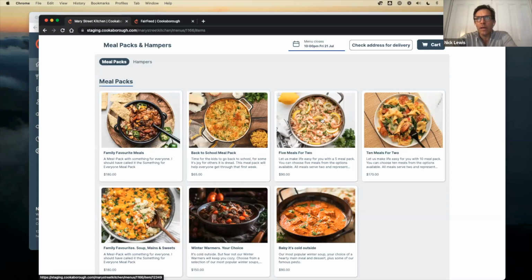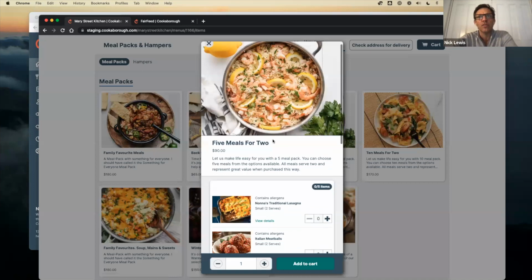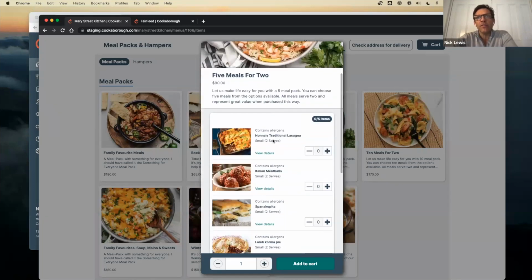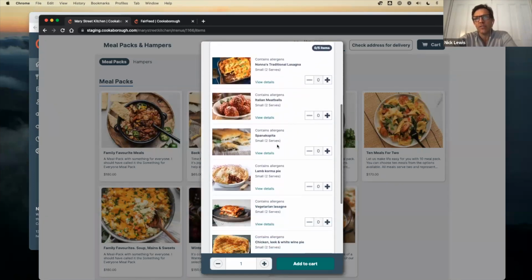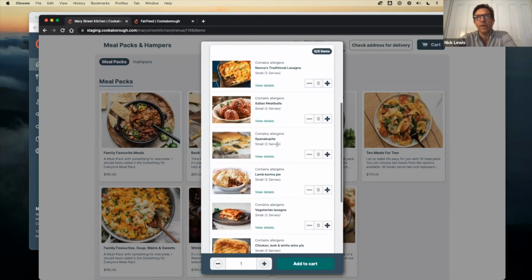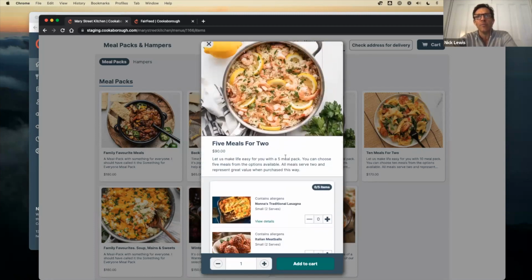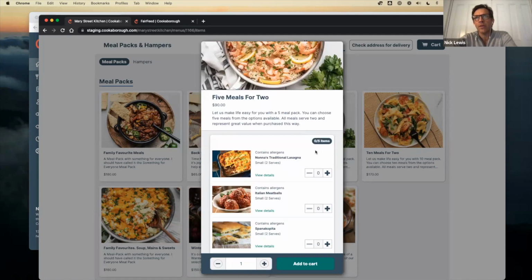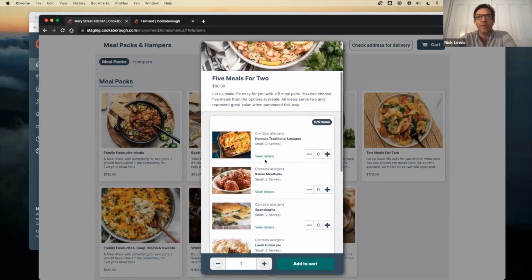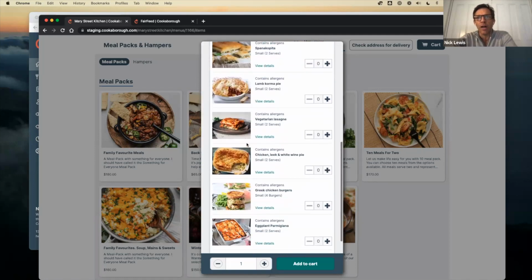Then what we've got is what we call a custom pack. So you'll see here 5 meals for 2. How this differs from a fixed pack is you're actually giving your customers the choice. So what you'll see here is in this pack, it's 5 meals for 2. You can see it's got 0, 5, and you're asking your customers to choose 5 items to put to their